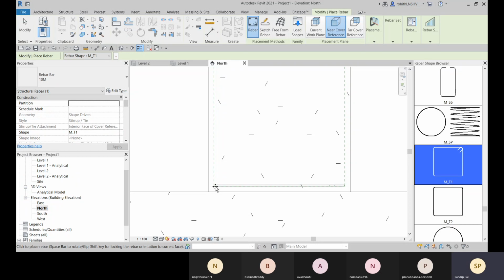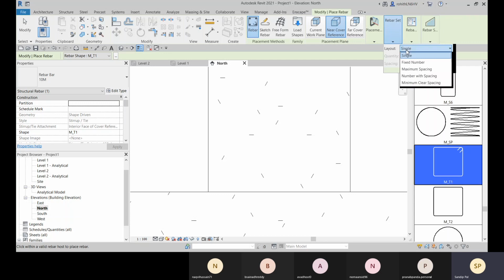And then you have this rebar set. So how many stirrups you want to place? You can go with this maximum spacing. And if you know how many stirrups there will be, you can go with this fixed number. If you know the spacing, you can specify that.